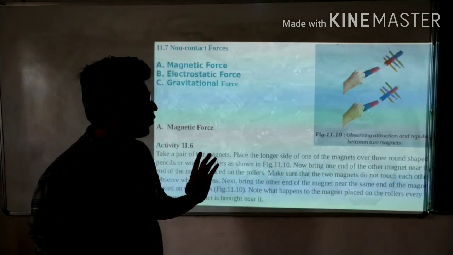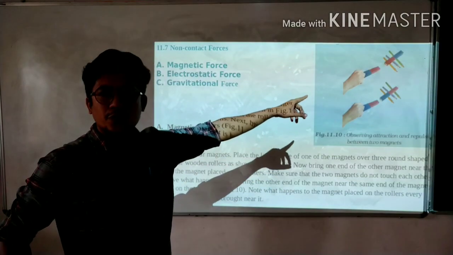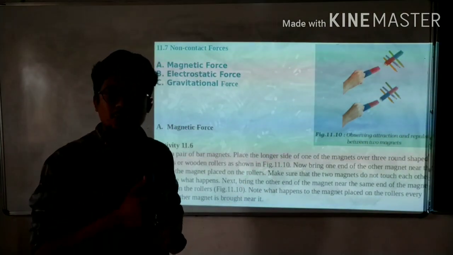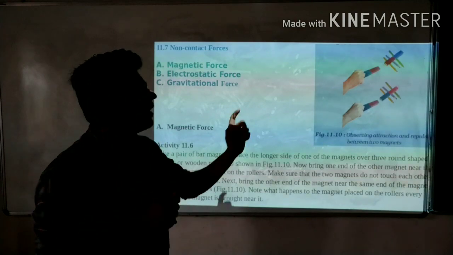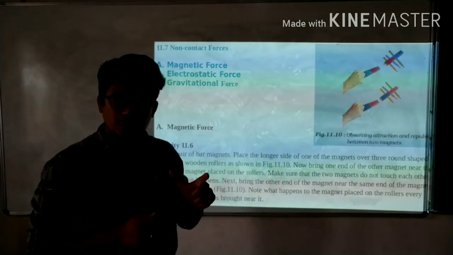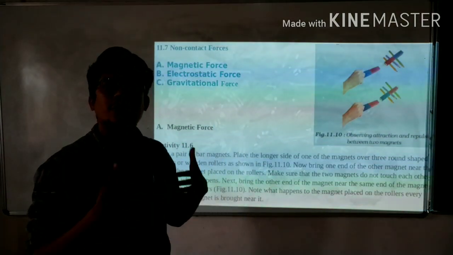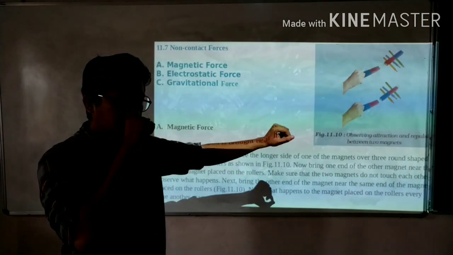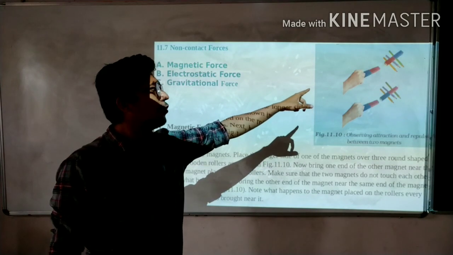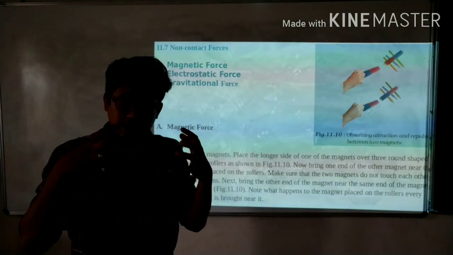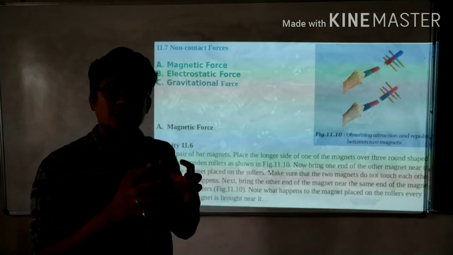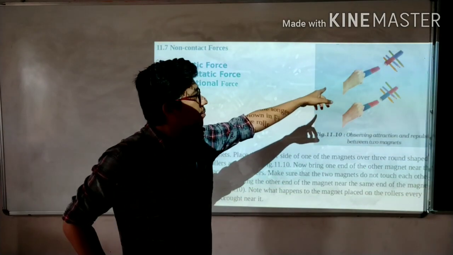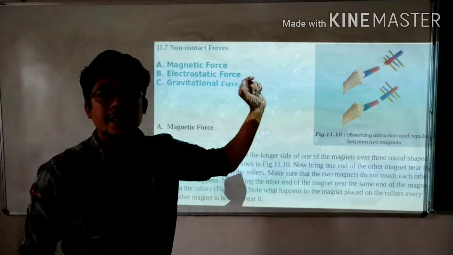Yes or no? Okay. So in the first figure, suppose one bar magnet is with you, and another bar magnet is put on three pencils, acting like rollers. Whenever north pole and north pole are brought closer, both magnets will feel repulsion.